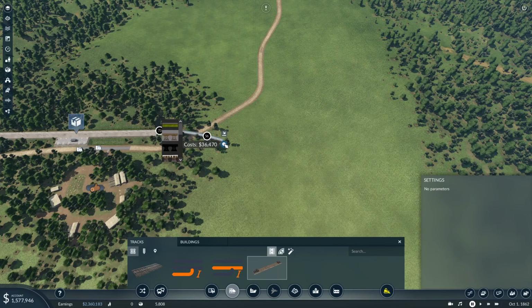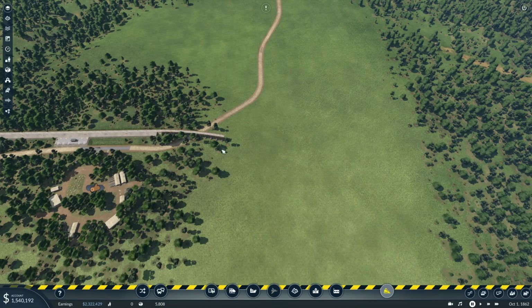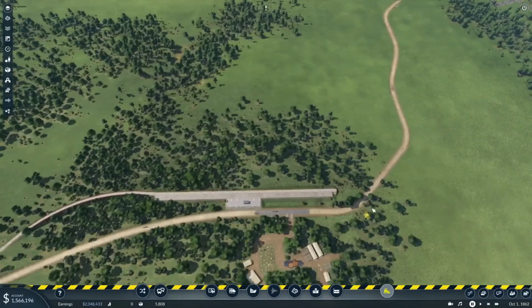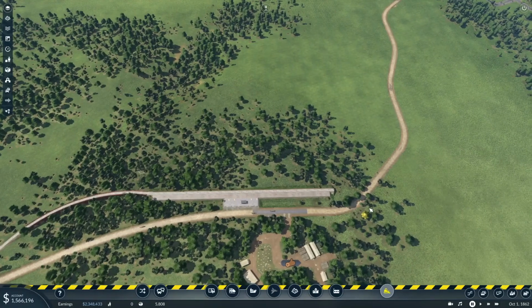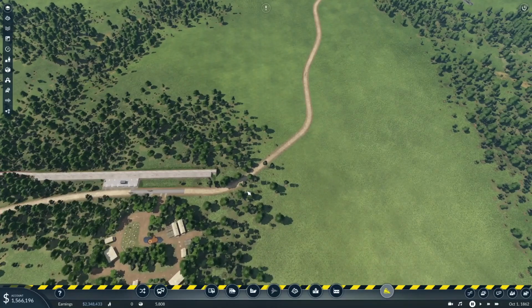All right, well. Sorry, frog in my throat or something. Yeah, downhill. That's a lot of bridge. Okay. You know what? Let's see what happens if we